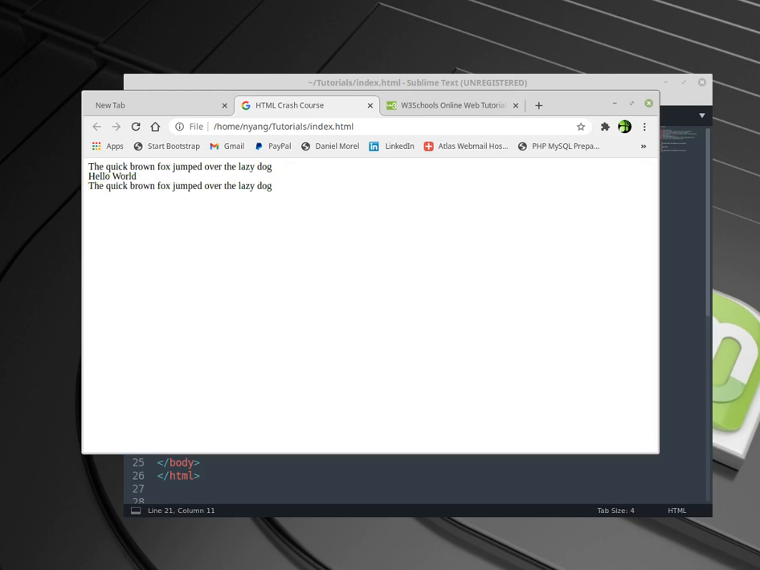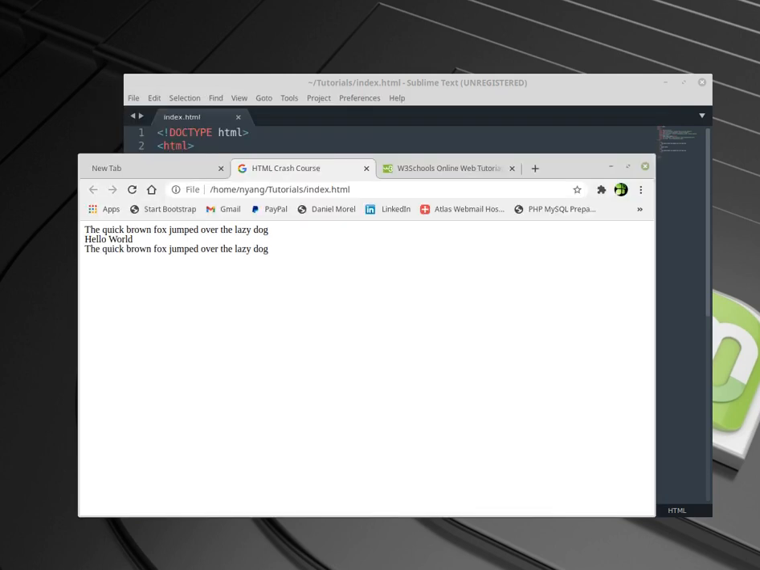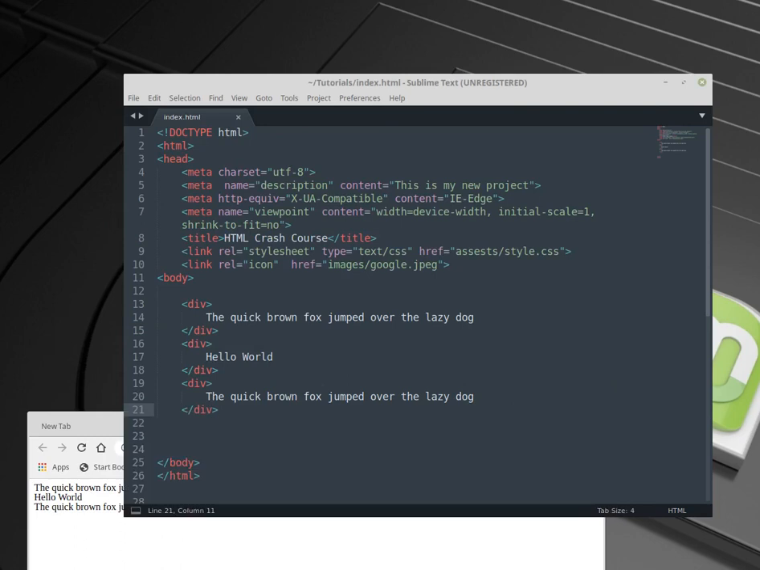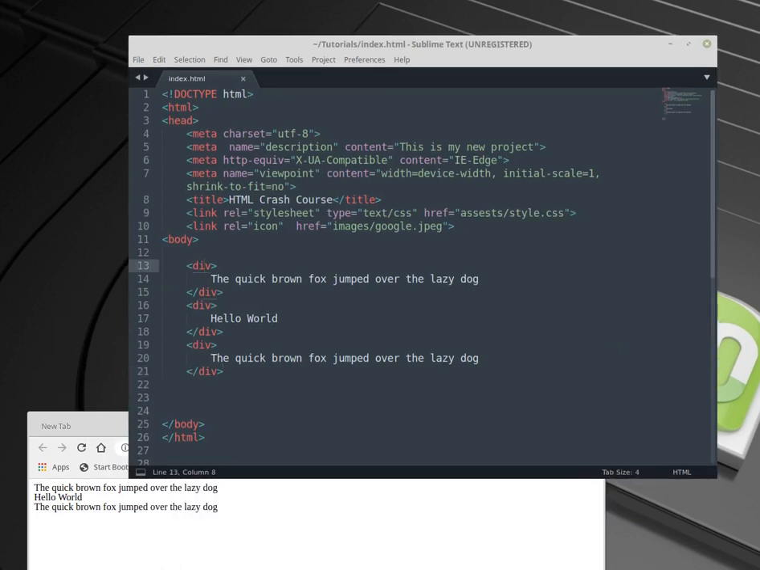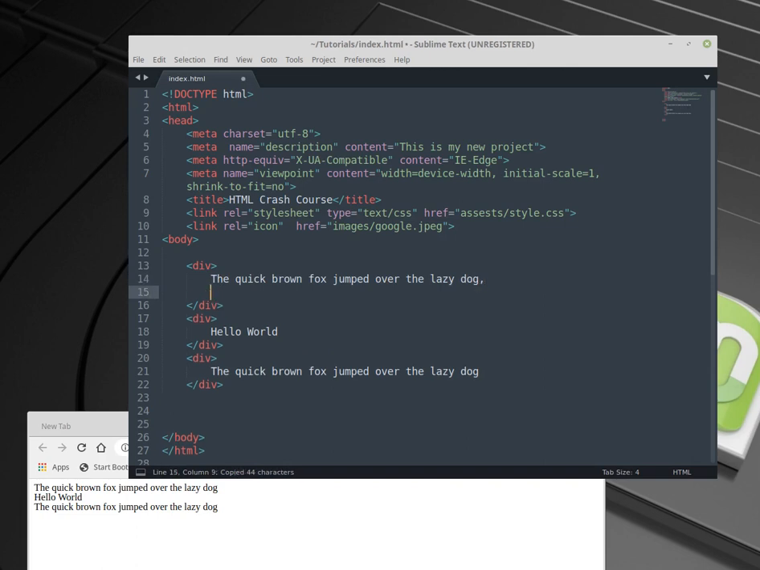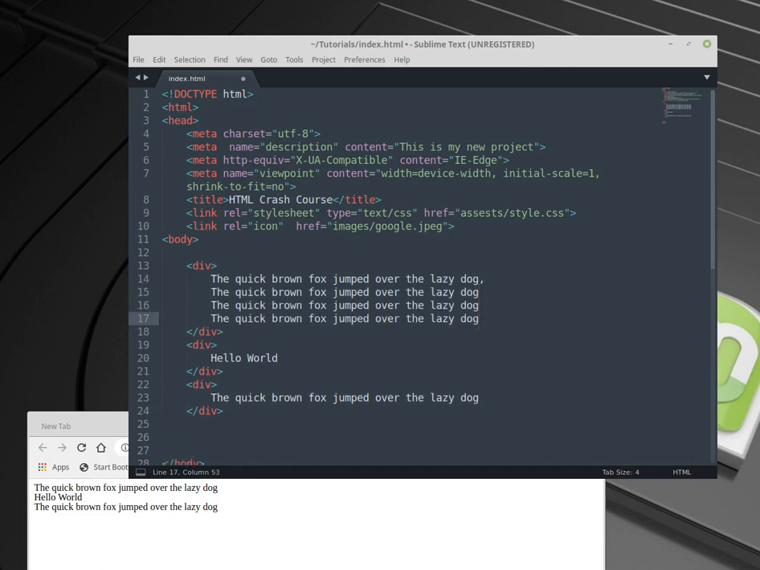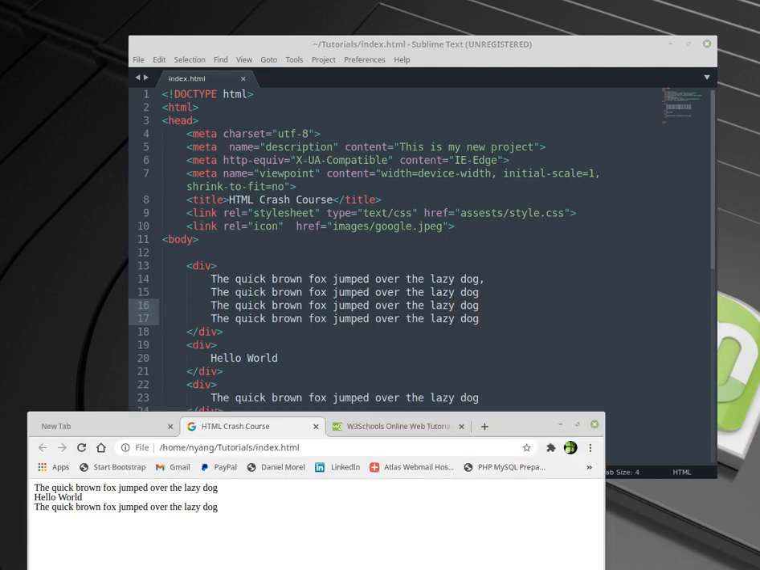Now, block elements each appear on a new line. Yes, it's like a paragraph. Each new element appears on a new line. So this div contains all these elements as a single block. If we repeat the same here and have it like that,